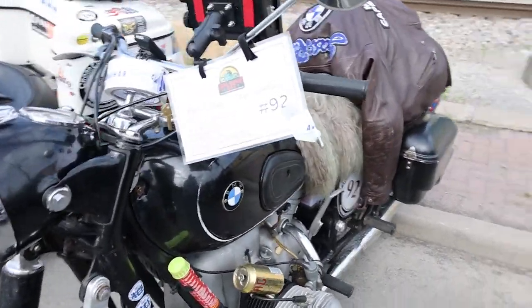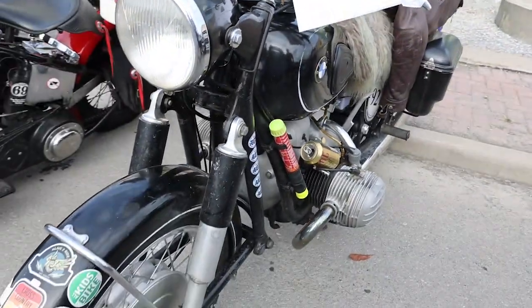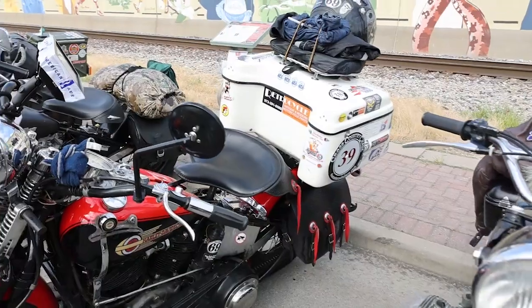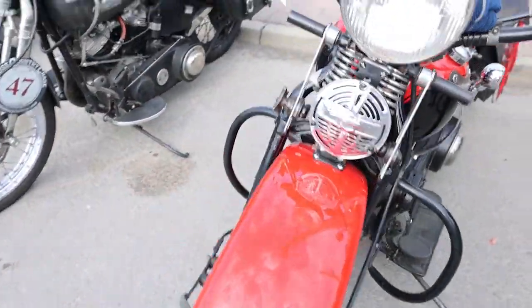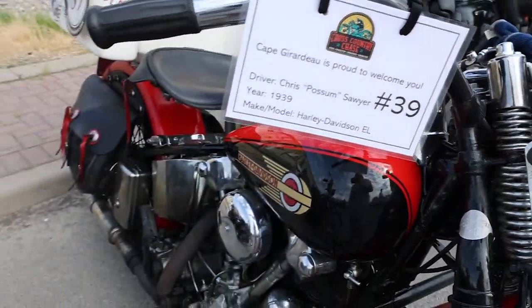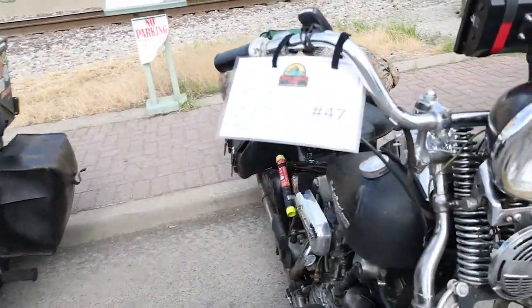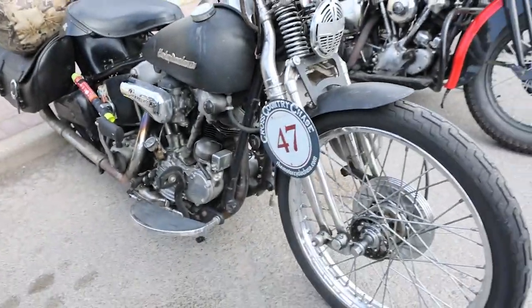Now here's some seats with the warm fuzzy. That's a Beamer, BMW for those who say BMW. You can tell how some of them have their gear stashed on the back in different formats. Some of them have big honking saddlebags, and some of them have more like containers, almost like toolboxes or storage containers type scenarios. A couple of them